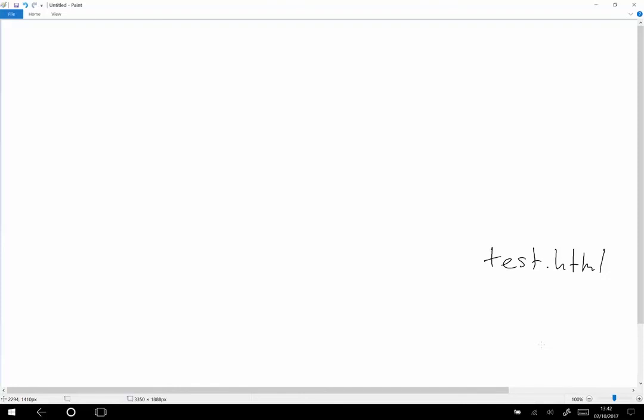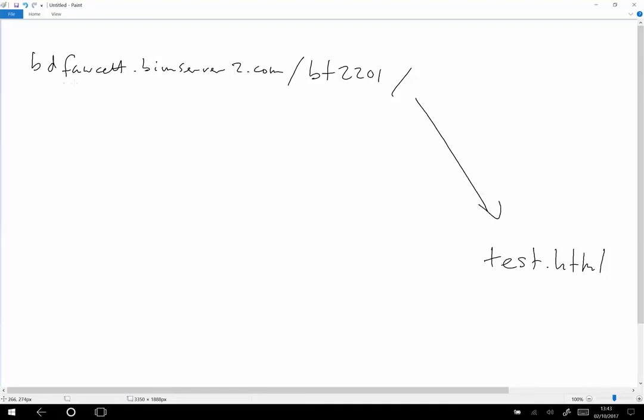Yeah. bdfawcett.bimserver2.com. Let's say you put it in a folder called BT2201, and then you upload the file test there. Then if people enter bdfawcett.bimserver2.com slash BT2201 slash test.html, they'll see that file.